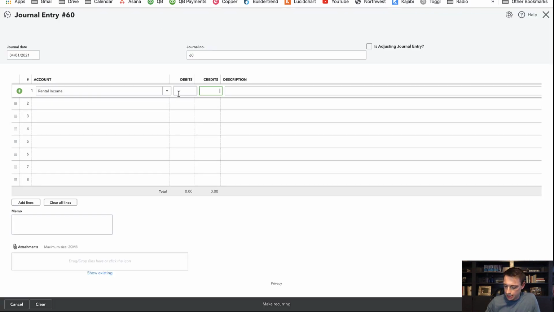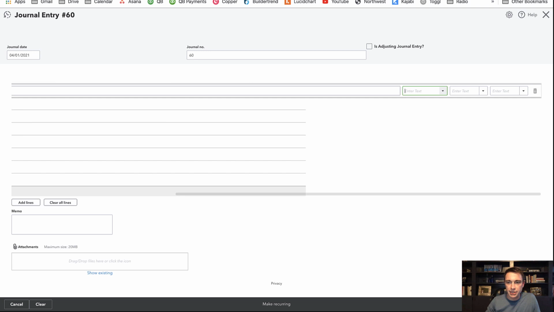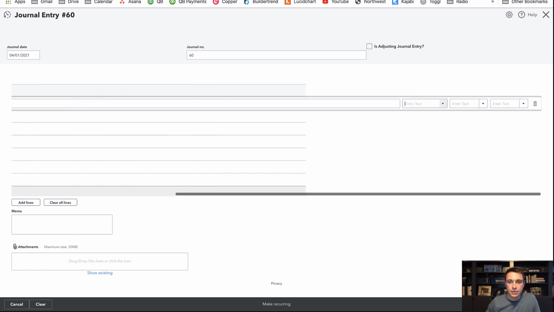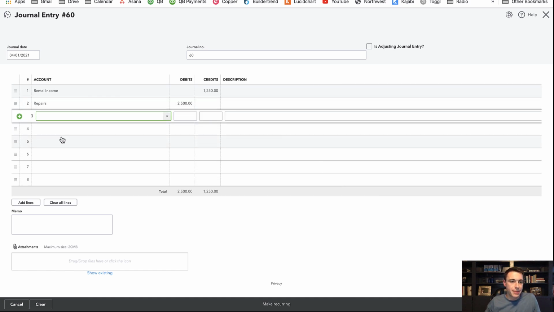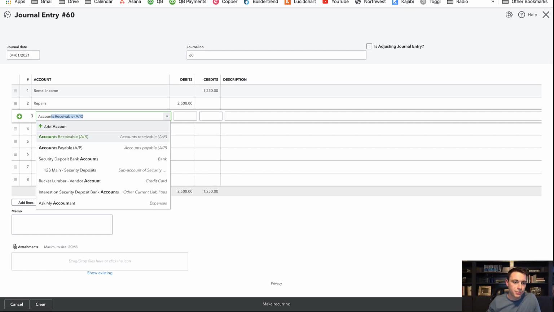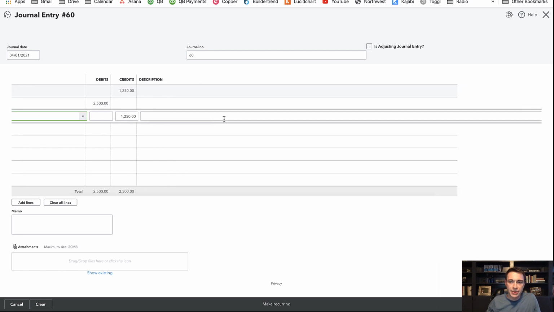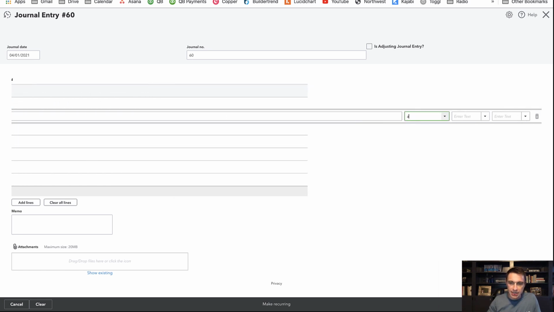So $12.50 in rental income. And then we have repairs and maintenance for $2,500. Okay, so now what do we do with the balance? Again, they're not writing me a check, but what you can do is use accounts payable, okay, for that balance. And as long as you indicate here who it's for, Anvil Property Management,